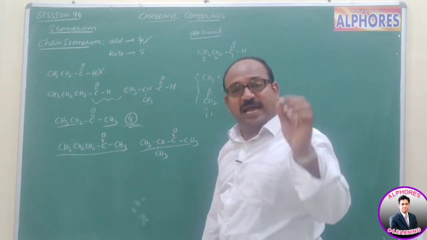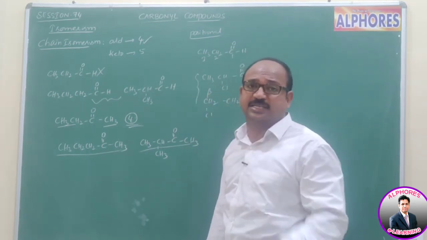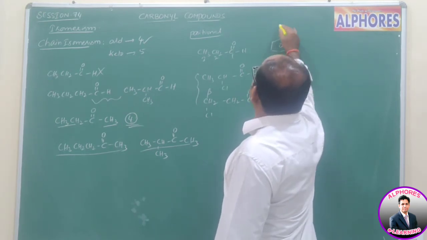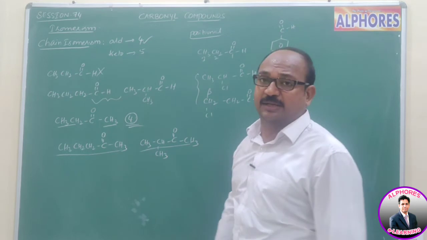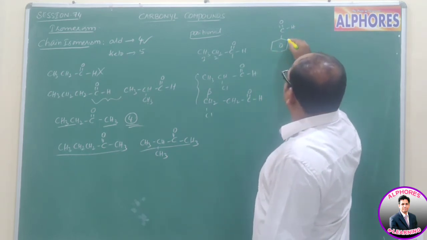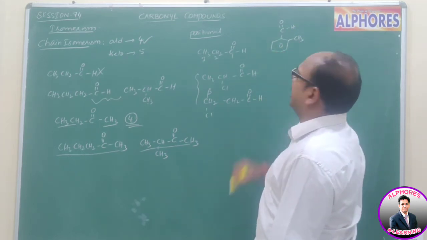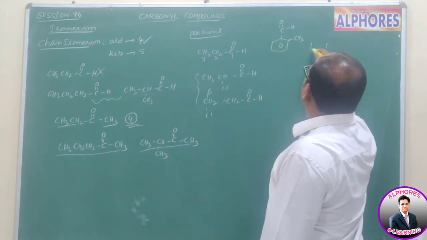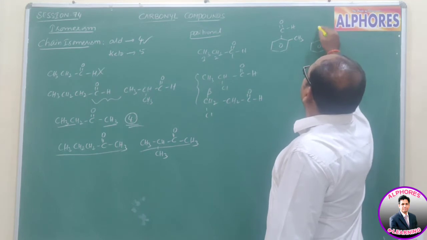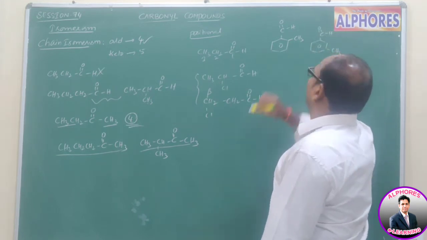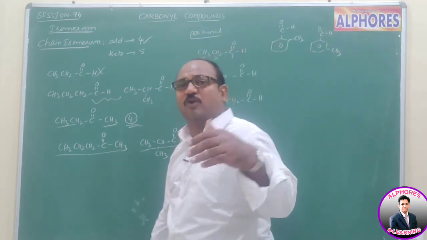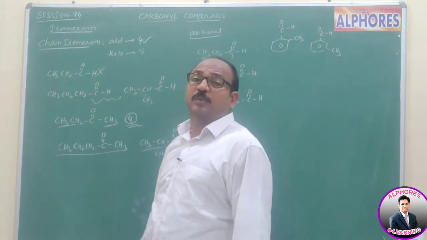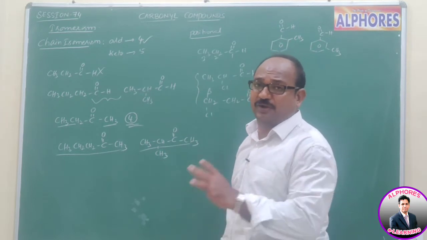Which aldehydes? Aliphatic aldehydes. But aromatic aldehydes can exhibit it. Let us see. Aromatic aldehydes, suppose this one is benzaldehyde, which we just discussed. And if the ortho position consists of a methyl group, it is 2-methyl benzene carbaldehyde, right? And you can change the position of the methyl group to meta and then para. So aromatic aldehydes may exhibit positional isomers, but not aliphatic aldehydes.